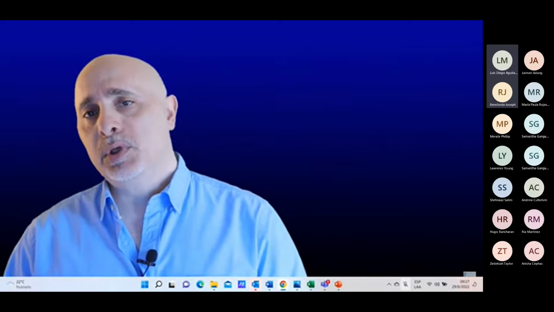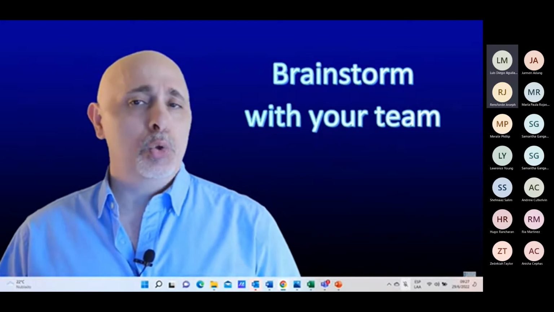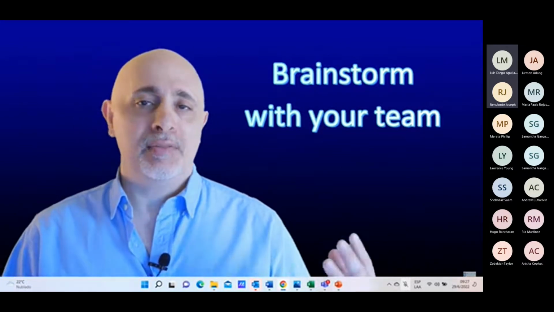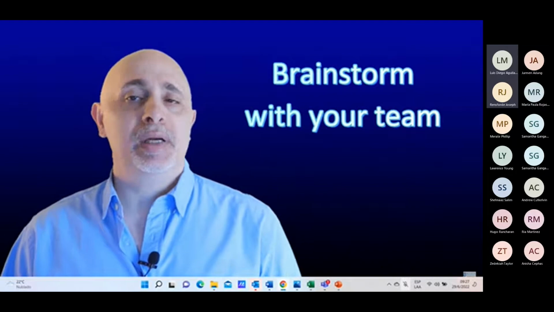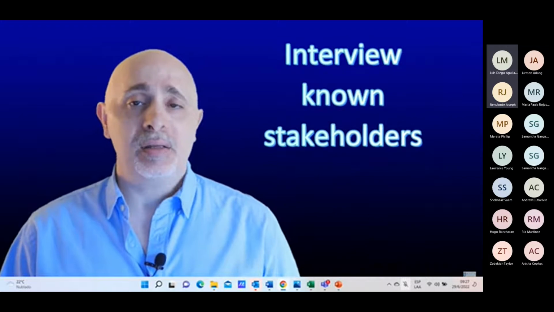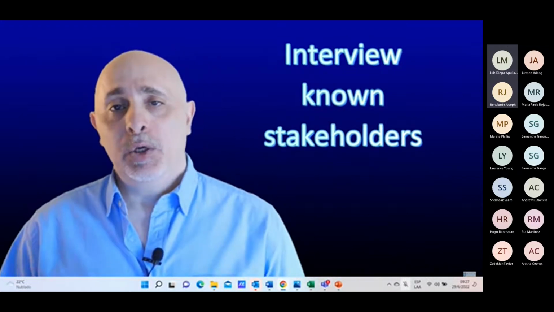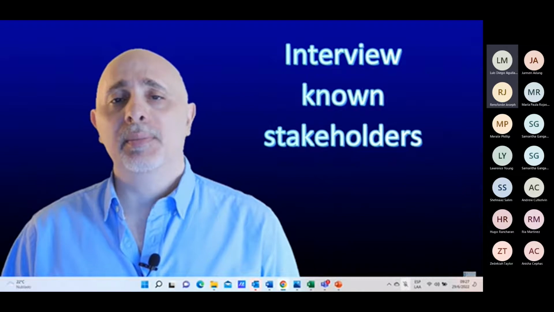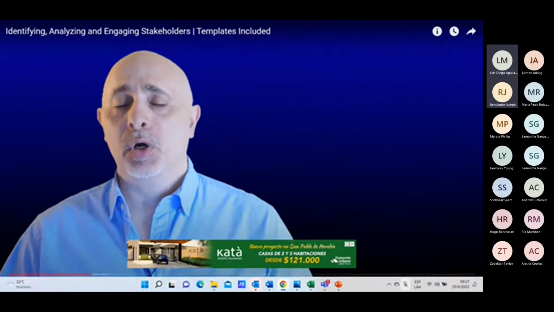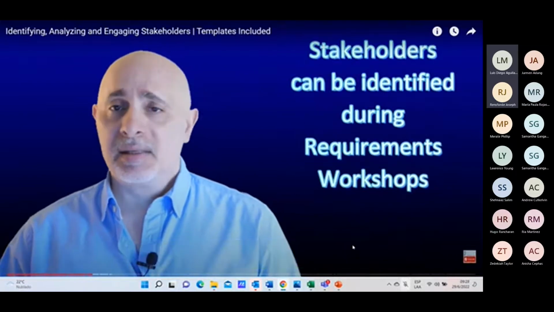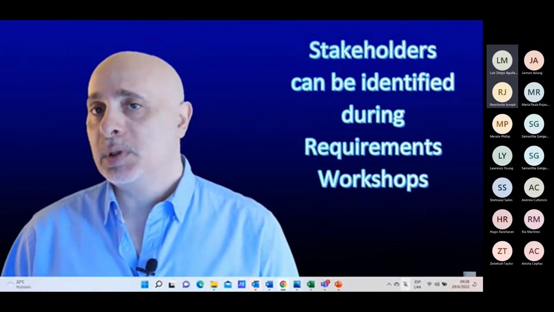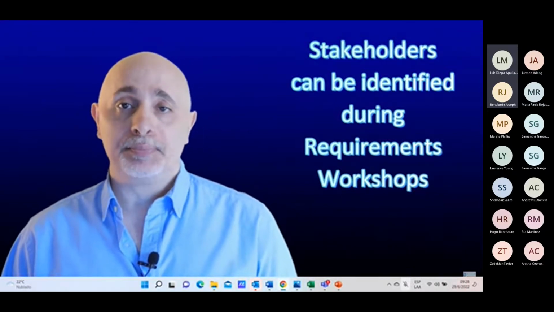You could also brainstorm, obviously, with your colleagues and peers and try to determine who should be involved in this one project, who should you go and talk to and find out what they need. So your colleagues, your peers can help you find that out. You could also interview some of the stakeholders or department heads and others, or anyone that you already identified as a stakeholder. Talk to them and try to find out if there are other people that need to be involved. Additionally, you could also run these workshops and discuss maybe your need or your requirements, and some people would point out who some of the stakeholders need to be.